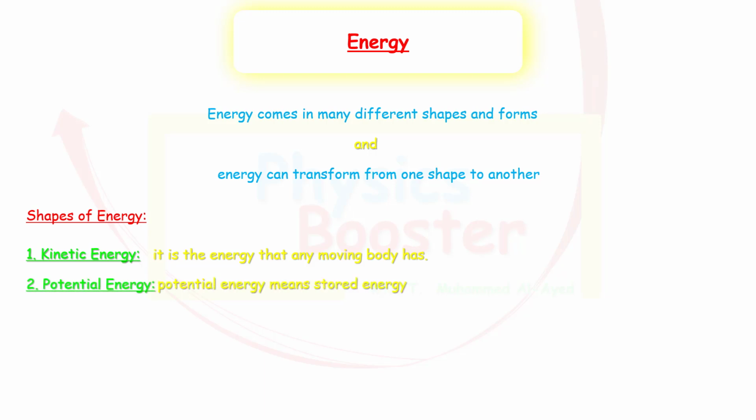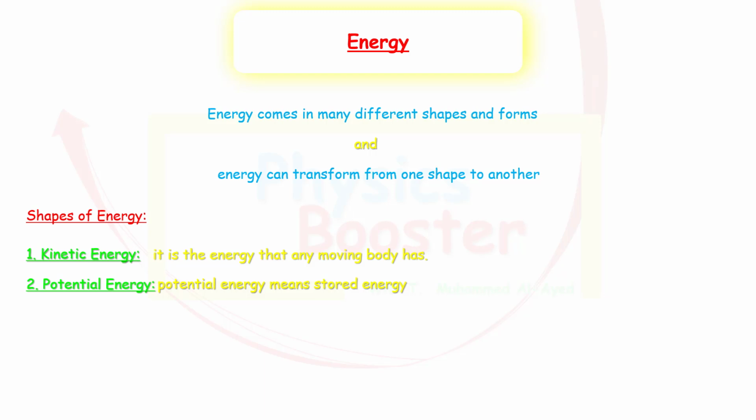Other forms of energy is called the potential energy. And there are many forms of potential energy. But what does the word potential energy mean? Well, potential means hidden energy or stored energy. So sometimes you can't see this energy with your bare eyes, but the energy is there. And there will be proof that there is energy, okay? And we will be learning for each type of potential energy, what is the proof that this object has energy